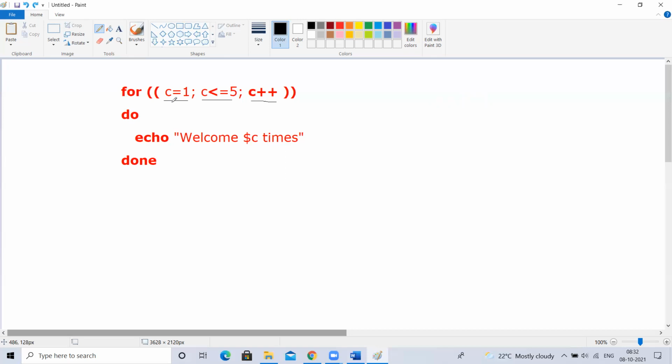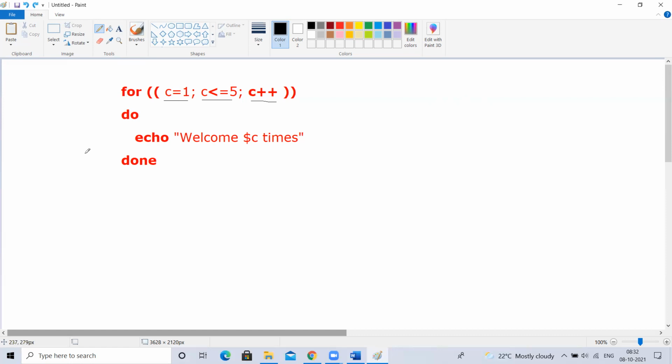Iteration is similar, but it goes to a different concept, so we shouldn't call it that. It is for looping, meaning the same task I want to do multiple times. Here I want to print this welcome multiple times, with the value changing dynamically, but the same echo line executed multiple times. So we go for looping statements.